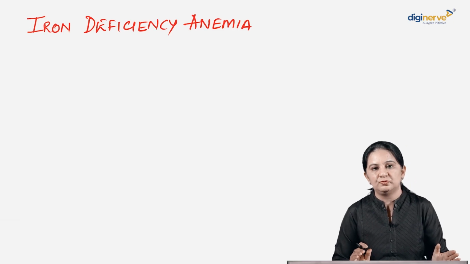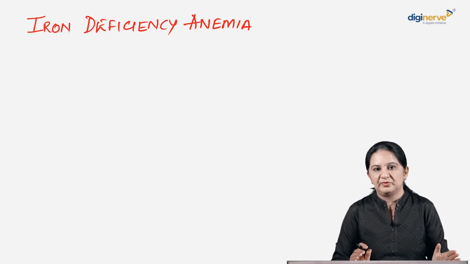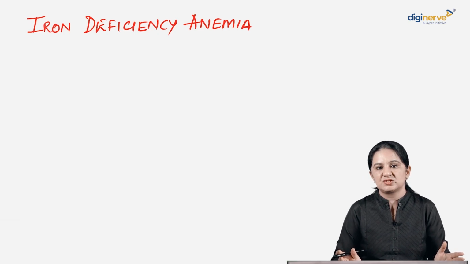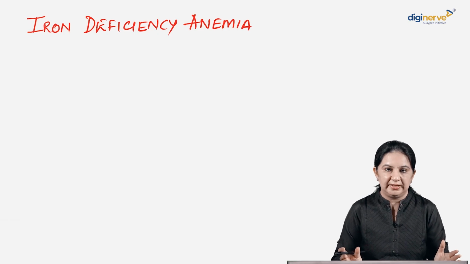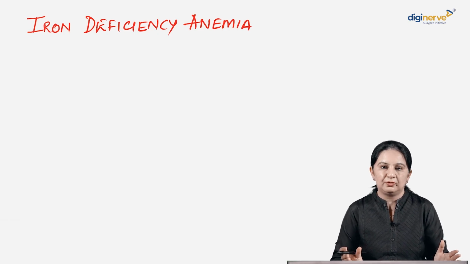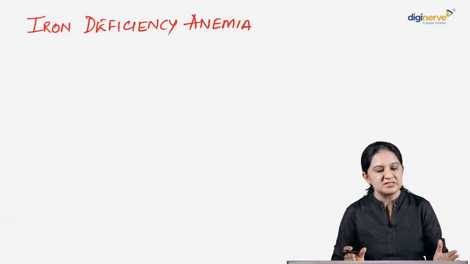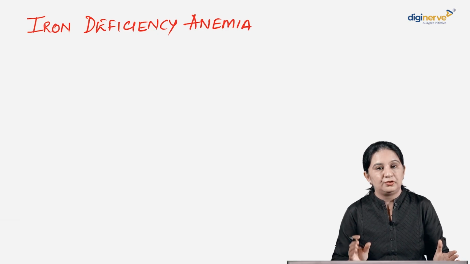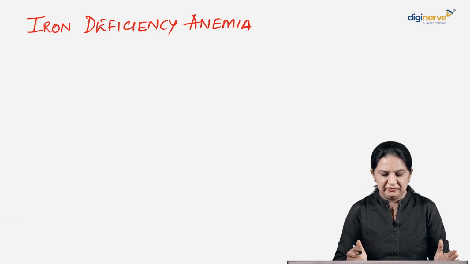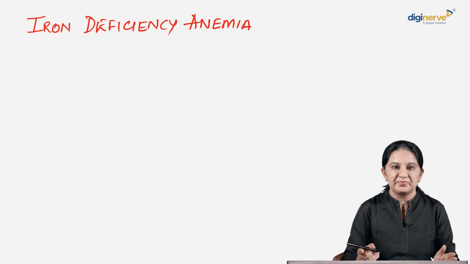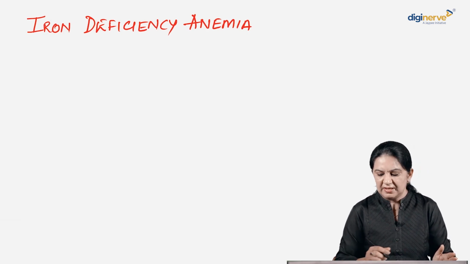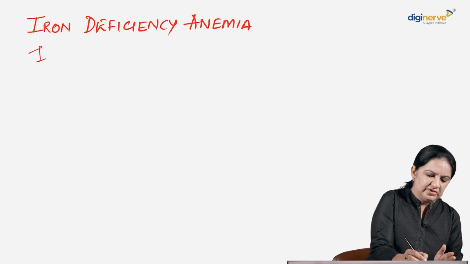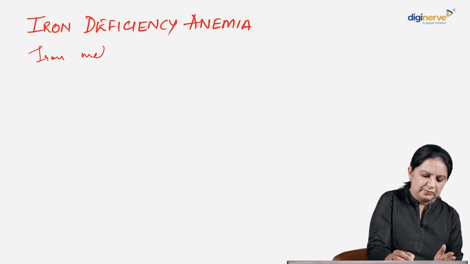Alright, they can also ask you, a 20-year-old female presents with easy fatigability, hemoglobin of 6. What will you see in her peripheral blood smear? Yes, you will see microcytic hypochromic anemia, because the most likely cause is iron deficiency anemia. Two important things to remember in iron deficiency anemia: its metabolism and the lab values, the red cell indices. So beginning with the metabolism, beginning with iron metabolism.